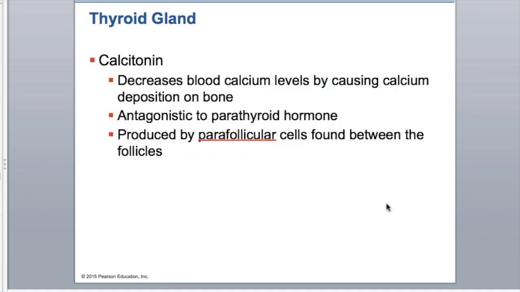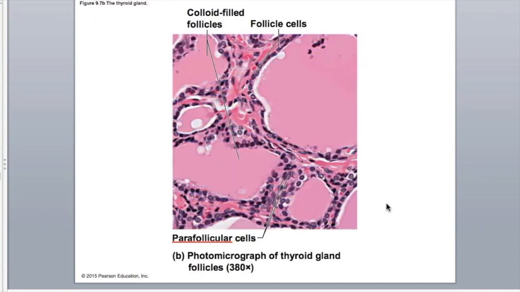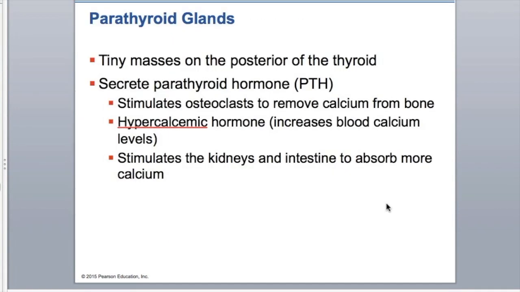Calcitonin decreases blood calcium levels, and we've talked about this, causes calcium deposition in bone. It's antagonistic to parathyroid hormone. They are produced by parafollicular cells found between the follicles. So again, if we look, there are tiny masses on the posterior of the thyroid. You can palpate them because if you feel